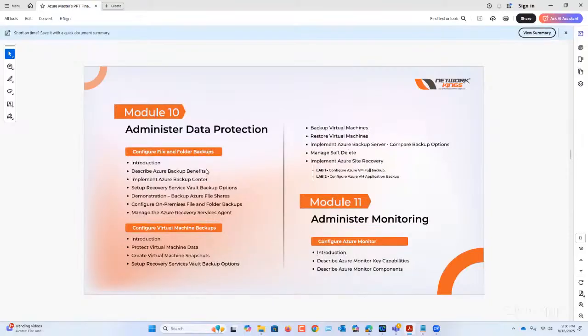And this coverage is totally in line with AZ104 certification track.